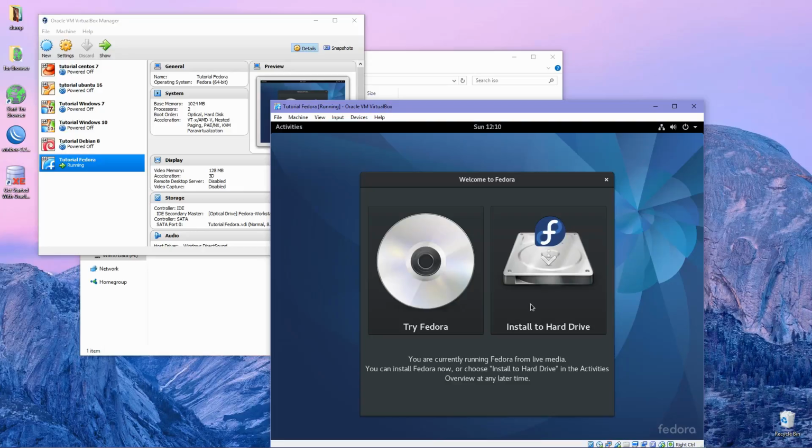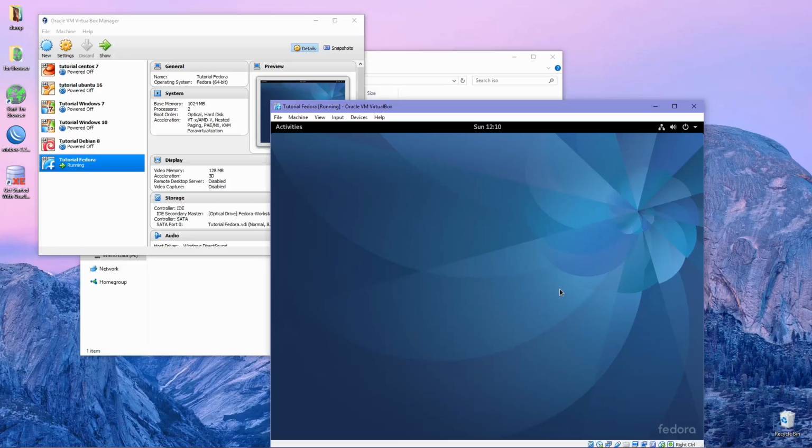Next you can choose Try Fedora if you want to play with Fedora or see Fedora before installing it. For this tutorial, I just want to install Fedora, so I choose Install to Hard Drive. Click install.